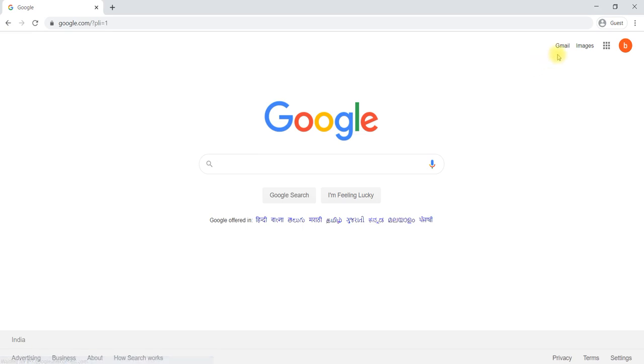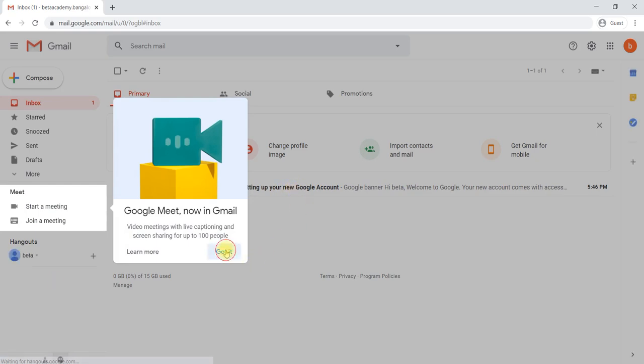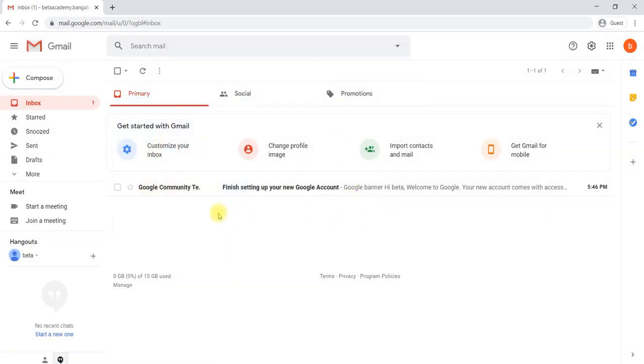Your Gmail account has been created. You can check by going to Gmail here, and the account has already been created. This is about how to create a Google account using your browser. If you are a first time Gmail user, then you have to follow these steps. If you already have a Gmail account, then you can directly log into your Gmail, and you will find all the other